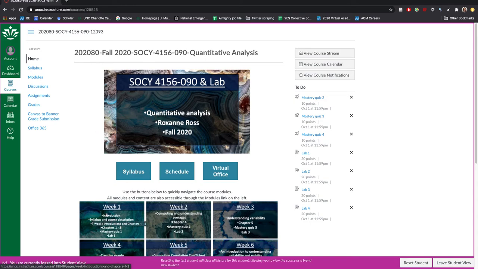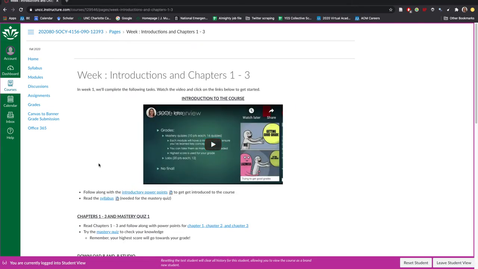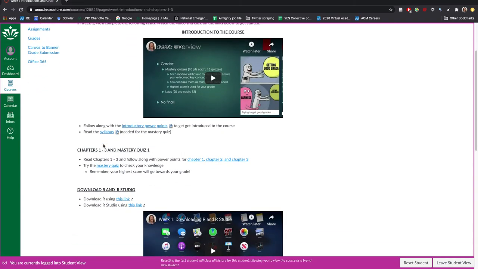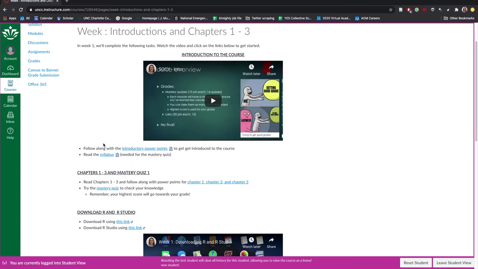All right, everybody. So I am going to show you how to do your first lab. Your first lab, you're going to click on week one. Basically, most weeks have a lab, some of them don't, and it says in your syllabus as well as the pages whether or not you'll have a lab. So in order to do your first lab, you'll need to